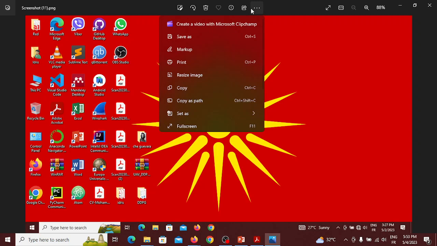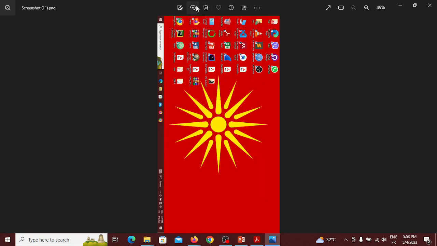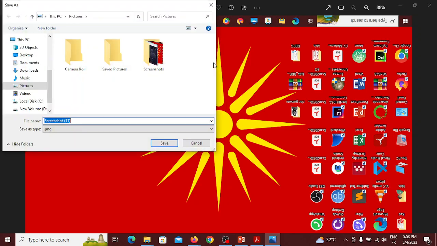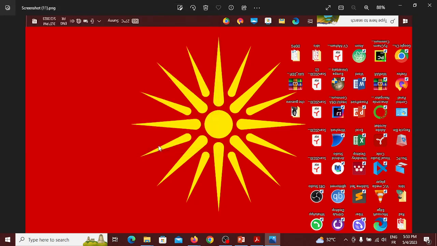Let's just change the rotation for example. And now let's use the shortcut Control S. Control S is a shortcut for save as. Now we're gonna change the name and let's save it as a PNG. Okay,